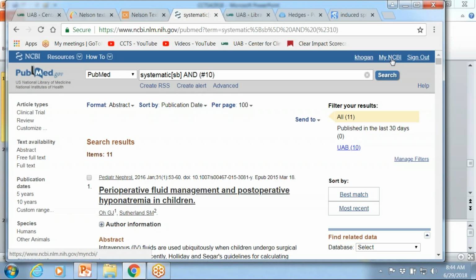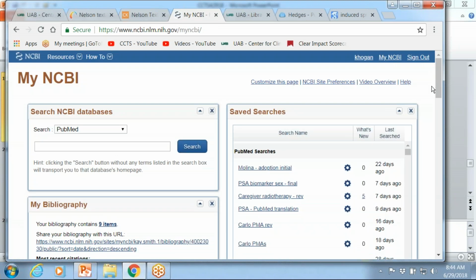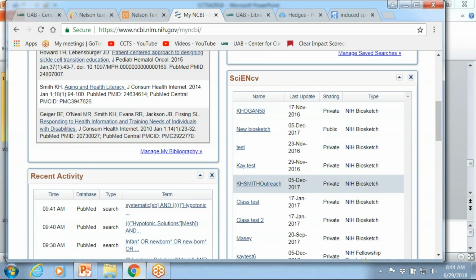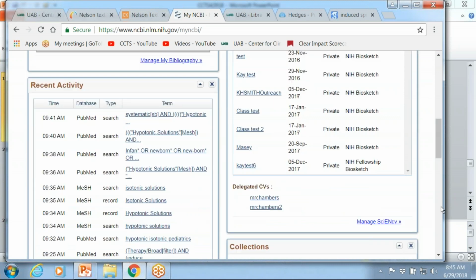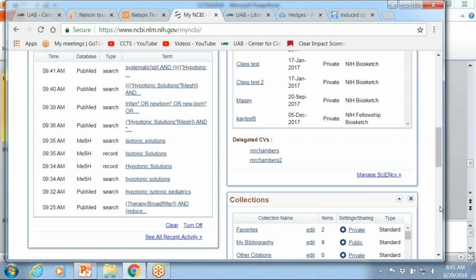So just to show you what it looks like, if I click on My NCBI at the top, you'll see what it looks like. So I have several saved searches that I've done. I have several biosketches that I've done. You can target your biosketch to whatever funding you're going for, and you can delegate others to manage your biosketches or your collection.